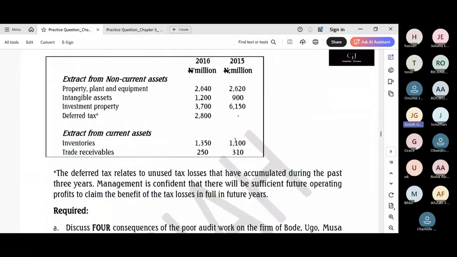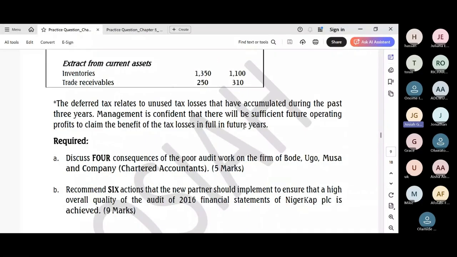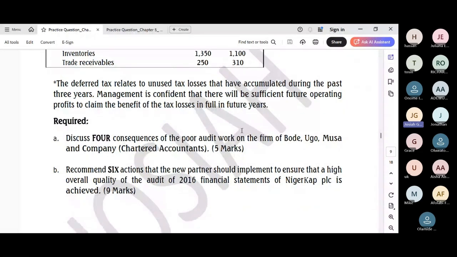So we have the extract of non-current assets: PPE, intangible assets, investment property, deferred tax. We have the extracts from current assets: inventory and receivables. The deferred tax relates to unused tax losses that have been accumulated during the past 3 years. Management is confident there will be sufficient future operating profits to claim the benefit of the tax losses in full